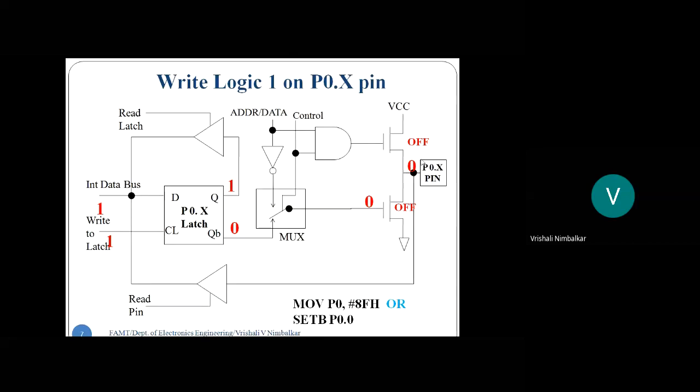But that is not what I want. What I wanted the instruction to do is set the pin. The pin is floating and something is going wrong. So how do we correct this? We correct this by connecting a pull-up. So we use a resistor, normally a 10K resistor, and we connect a pull-up.